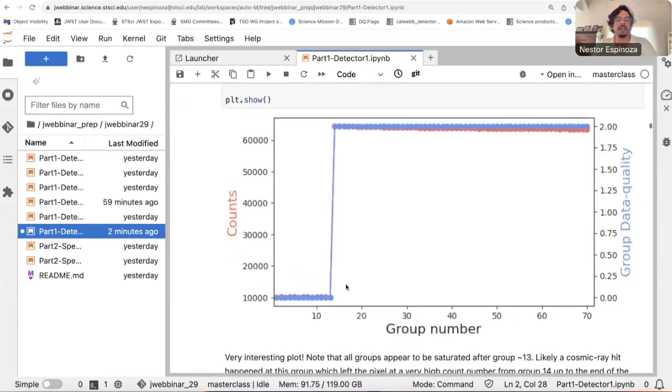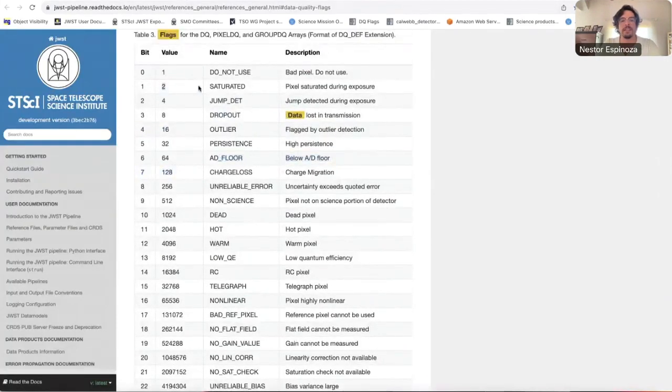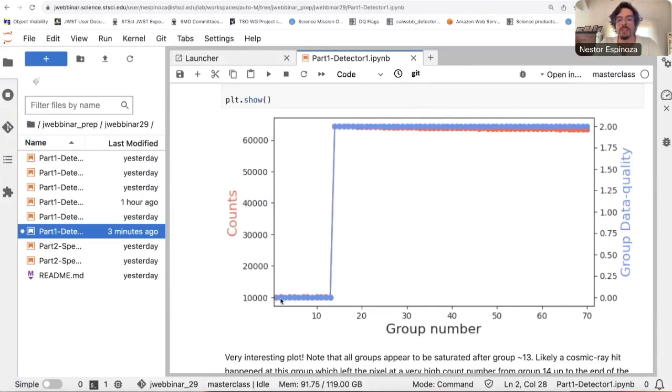And here's a little plot showcasing one of those saturated pixels. So counts are in red for that pixel, as a function of group number. And I'm also plotting the group data quality. Group data quality of 2 means saturated. You can read that in this little handy dandy table. You remember here, 2 is saturated. So you see how this poor pixel was hanging around 10,000 counts, but around group 13, bam, something hit it, probably a cosmic ray, it just went up and went above this saturation limit,